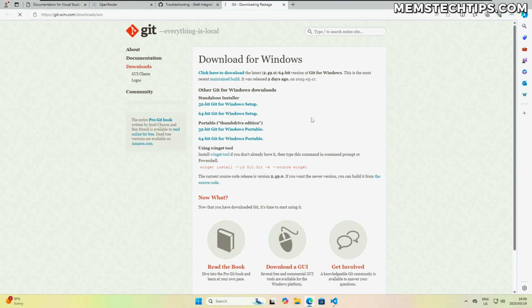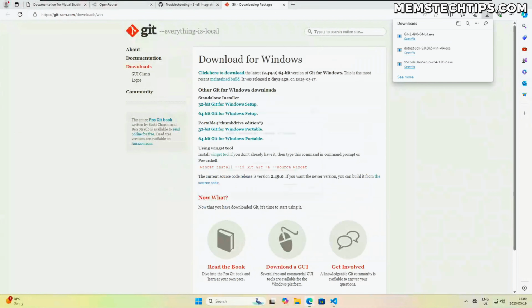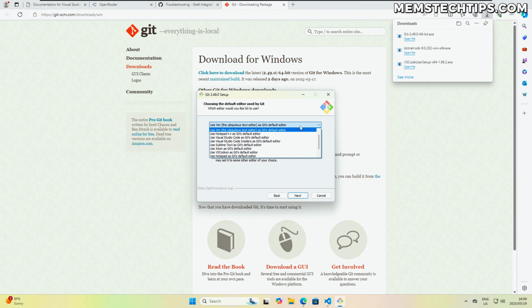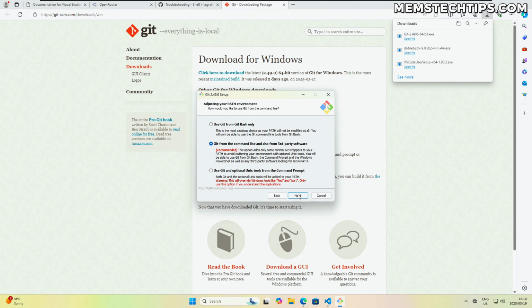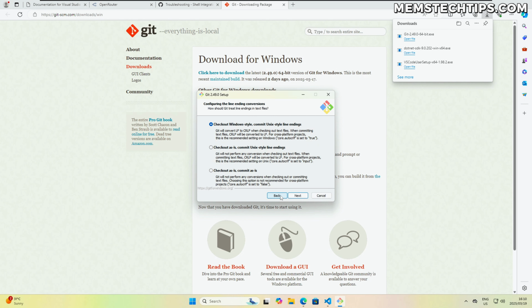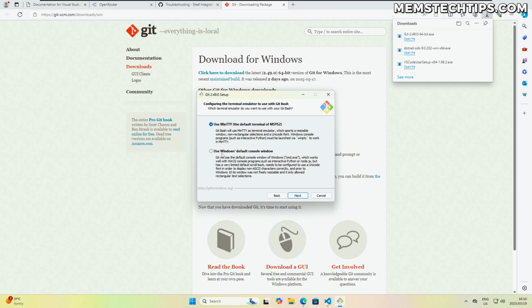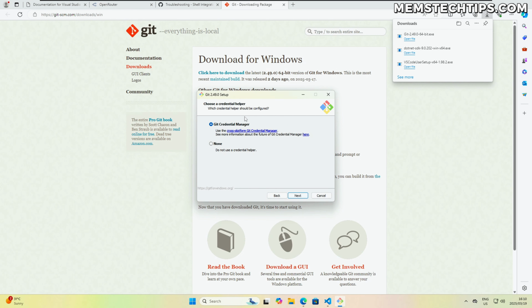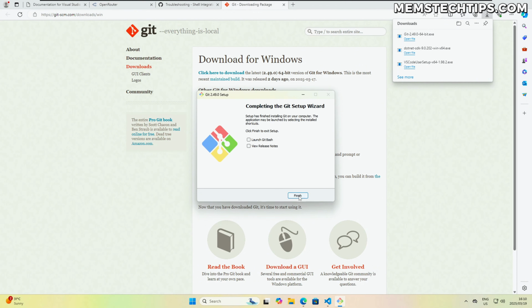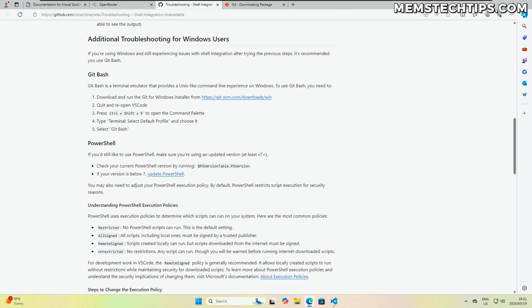Let's download the installer for Windows. Let's go ahead and install that. And then for the default editor, I'm just going to use Visual Studio Code as Git's default editor. Click on Next. Just leave all of this on the default and then click on Next. But I will choose to use Windows's default console window. I'll leave all of these others on the defaults as well and then just install it and click on Finish. So if we go back to the troubleshooting here,